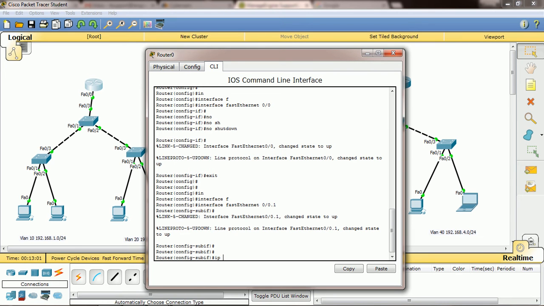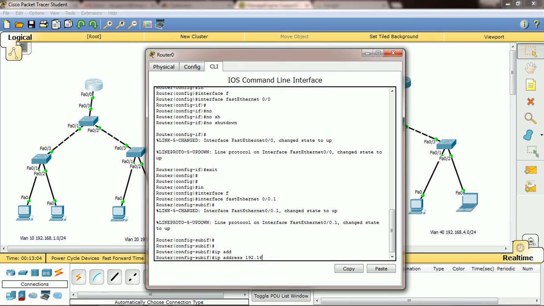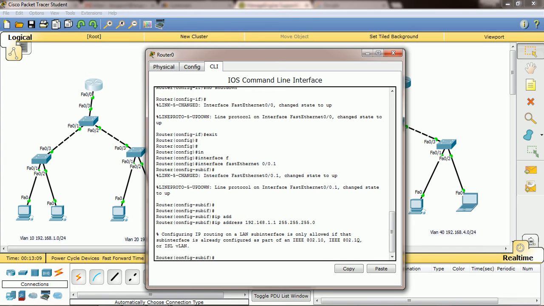We are in the sub-interface, we need to assign the IP address to this interface, right? 192.168.1.1 255.255.255.0. You don't need to think that this IP address, this .1 only, you need to assign. From this 1.0 series, any IP you can assign. For example here I assigned 1.1, so 1.1 is the default router for this whole network, right? You can assign 1.1 or 1.100 or 1.254, whatever valid IP. Okay, now we assigned the IP address, then we will exit from there.